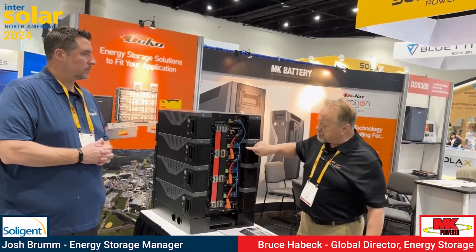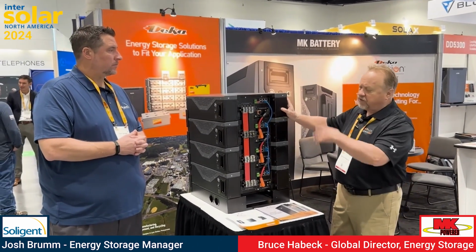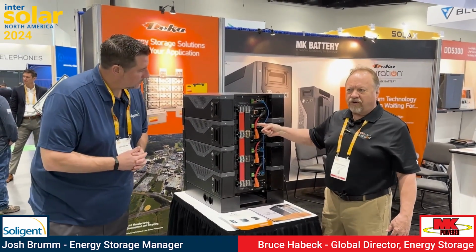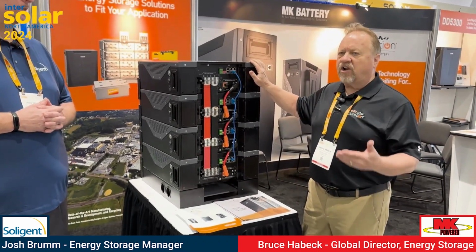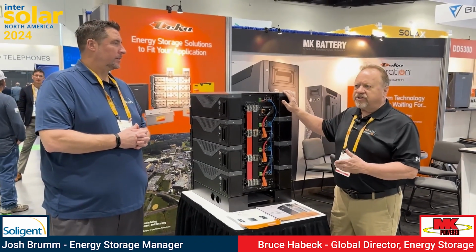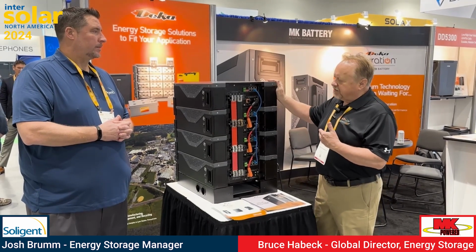You have low voltage here and your high voltage here. You're putting them in series, so you're adding these voltages up to several strings, on up to 1,000 volts. You're going to have this size cable, which is a small cable, because you're going to high voltage and you have low current. So your costs are a lot less for cabling when you go to high voltage, and you're able to take advantage of a much quicker recharge in the way that these things stack up, and your modularity